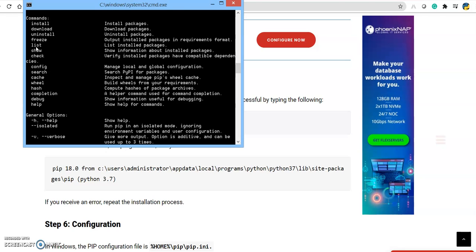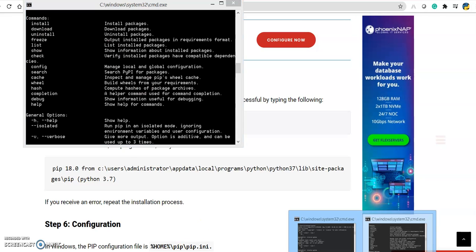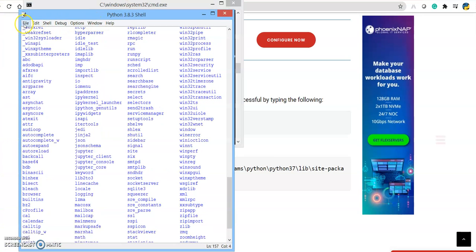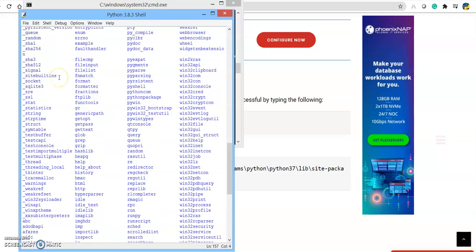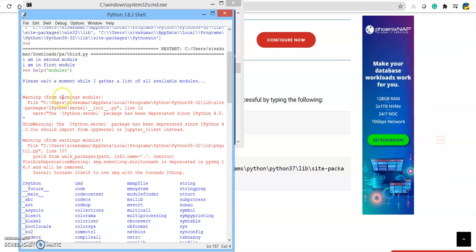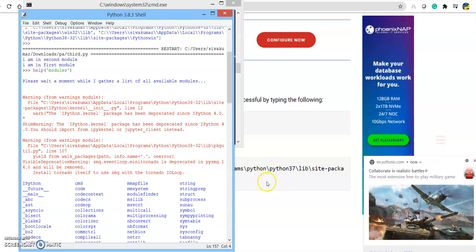But if you want to know about the modules when you are in the Python environment, you have to make use of the help command, help of modules, which will display all the modules present in the Python interpreter. When you are outside, you can use pip to know what packages and modules are inside.